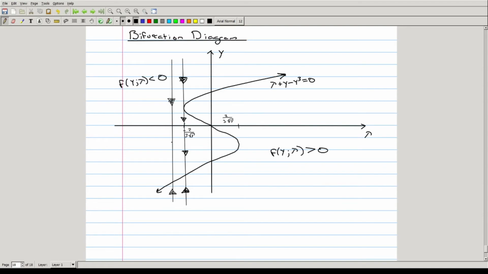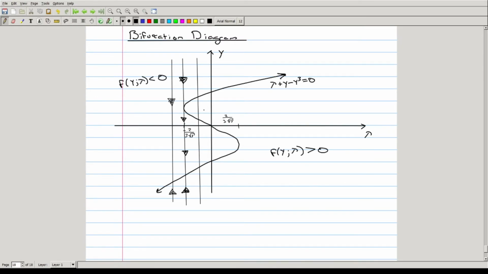We have 2 critical points for lambda equals negative 2 over 3 root 3. When lambda switches to be between negative 2 over 3 root 3 and positive 2 over 3 root 3,